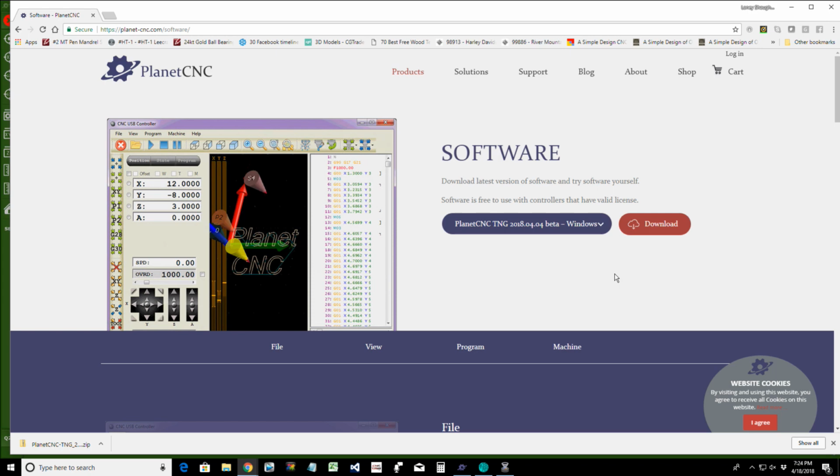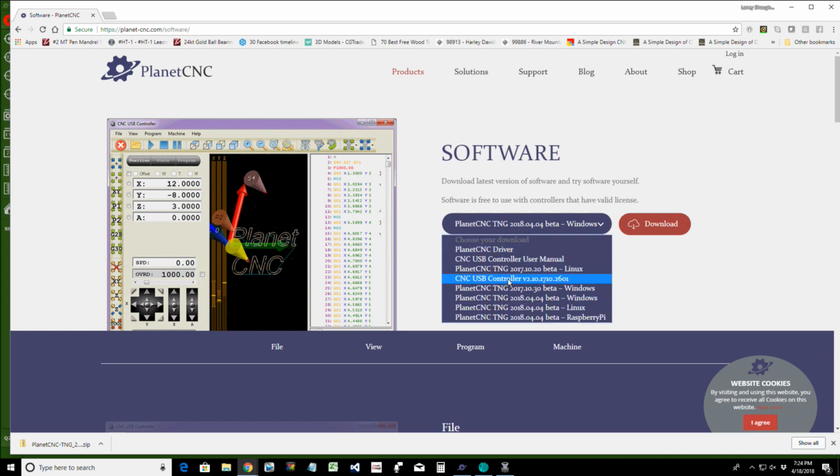Because there's certain steps that you've got to follow to migrate from the program that you're using to the PlanetCNC USB controller. And those steps are, first of all, you need to make sure that your CNC USB controller is up to date. The version of your controller should be